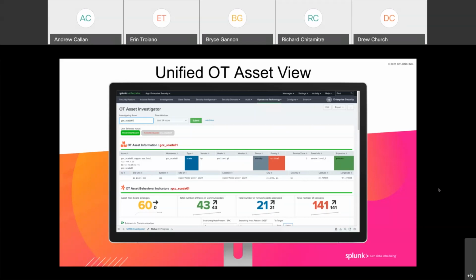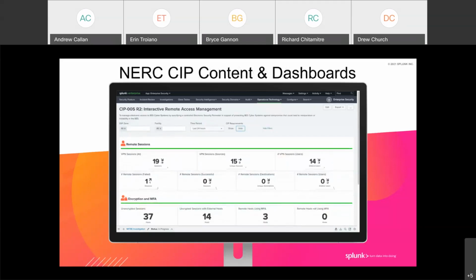Going one more screenshot, let's take a look at an example dashboard for NERC SIP content. SIP 005 is showing analytics about the electronic security perimeter, ESP. If you dig into the underlying requirements for NERC SIP, you're looking at the different zones and facilities, and we can bring that all in, or we can filter it down and say, hey, I care about this today, or I want to dig into this zone or this particular facility, and then pivot across time periods to do your investigations. For example, on 005, there are statements like require multi-factor authentication for all interactive remote access sessions. And then a further requirement to make sure that you have methods to determine active vendor remote access sessions, right? When you think about that Florida treatment plant and what's going on,